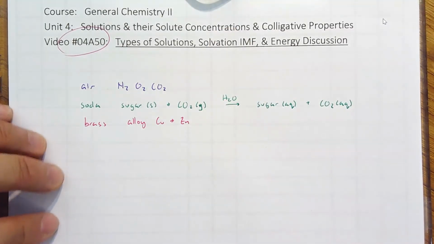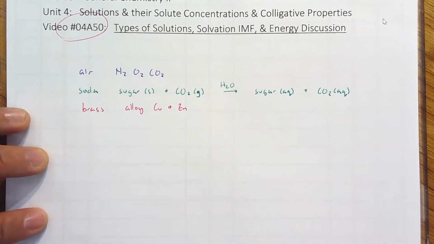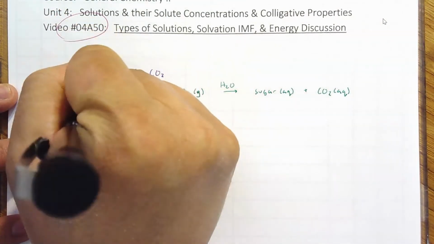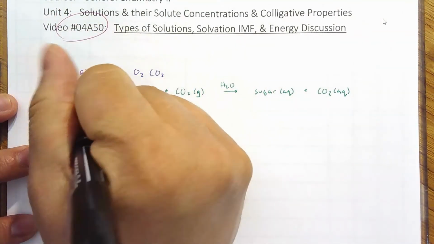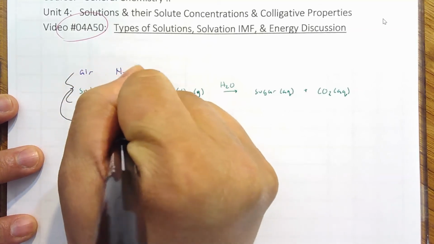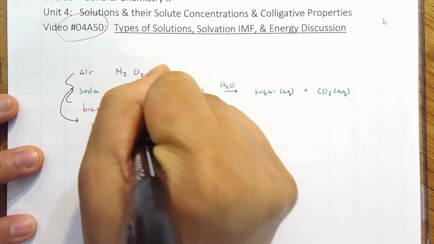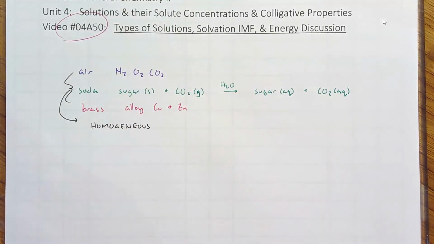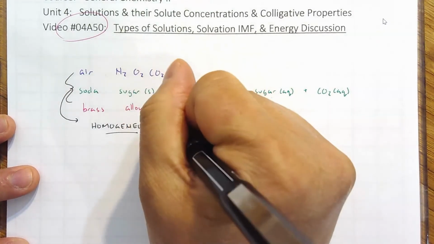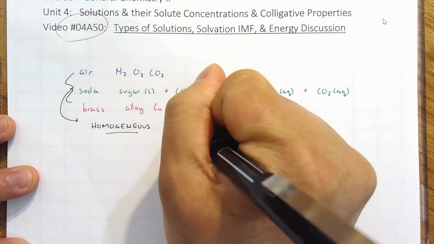All right, what do all of these mixtures actually have in common? They are all what's considered homogeneous, meaning that they are well mixed, the components are evenly distributed,